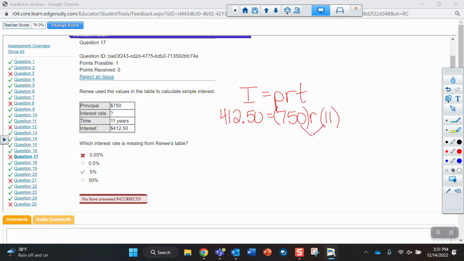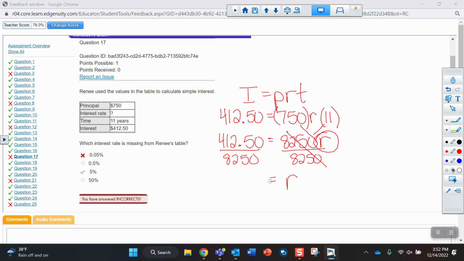I'm going to go ahead and multiply these two numbers together, 412.50, and let me grab my calculator here. 750 times 11 is 8250, and I need to bring the R down. And now if I'm multiplying 8,250 times R and I get $412.50, this is really solving a one-step equation, I can divide both sides by 8250 to figure out what R equals. So taking